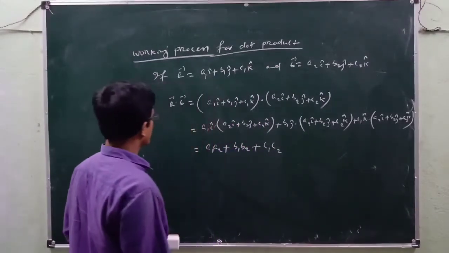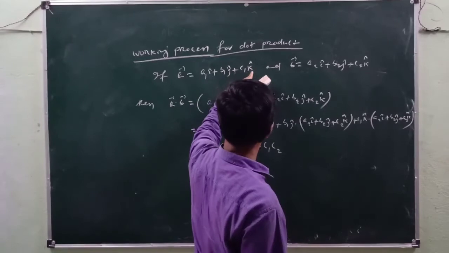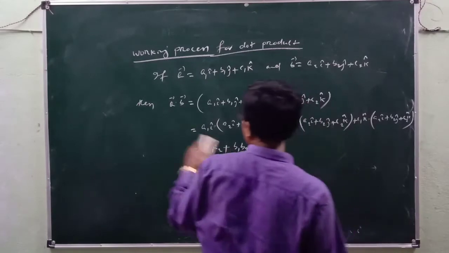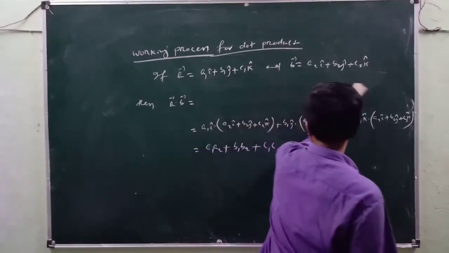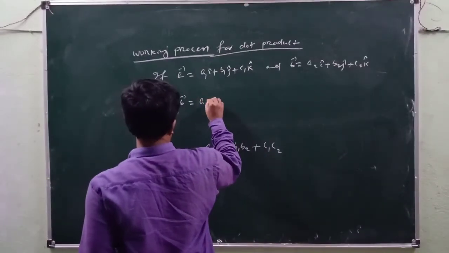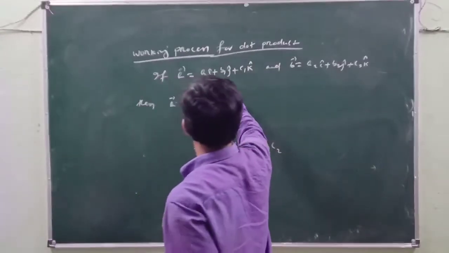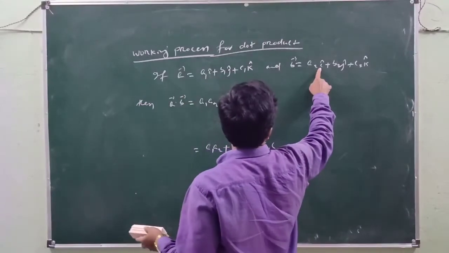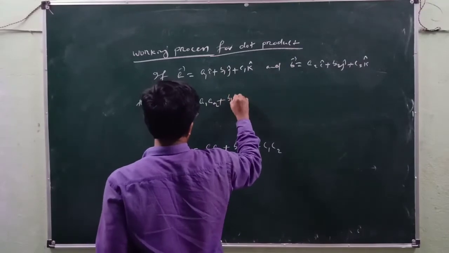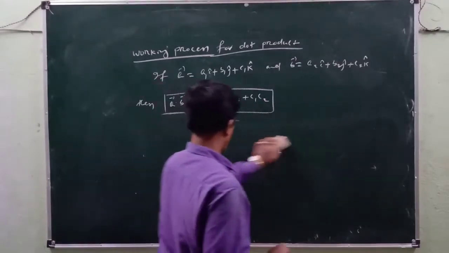That means you remember the formula: if A vector equals A1 I cap plus B1 J cap plus C1 K cap, and B vector is A2 I cap plus B2 J cap plus C2 K cap, then the value of A vector dot B vector will be directly A1 A2. That means the coefficient of I cap in A and the coefficient of I cap in B, find their product. Plus similarly B1 B2 plus C1 C2. Right. For example,